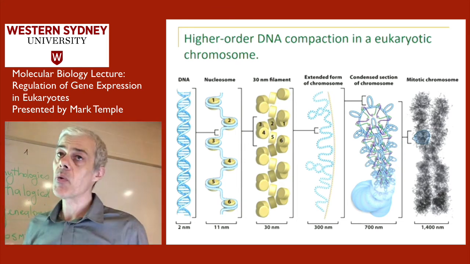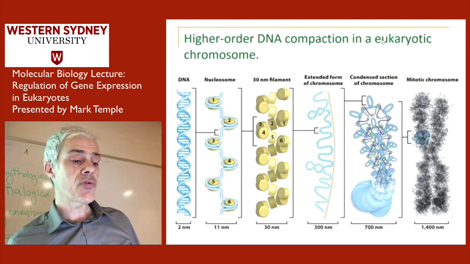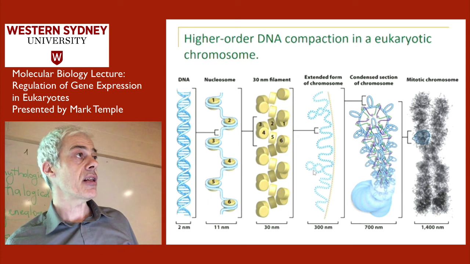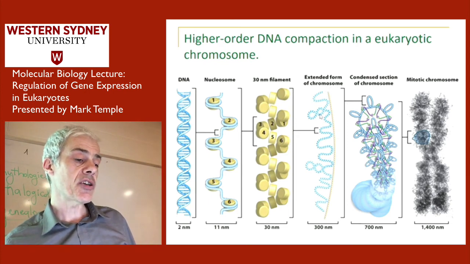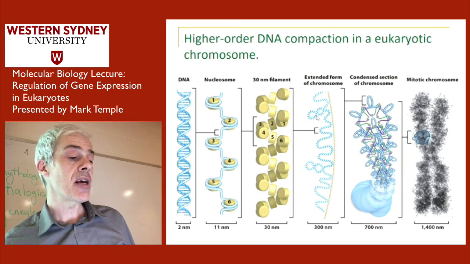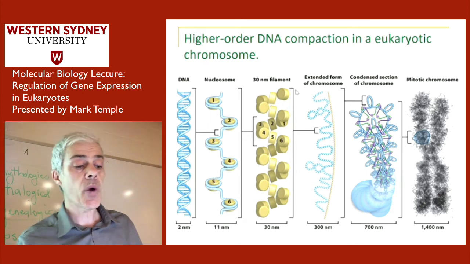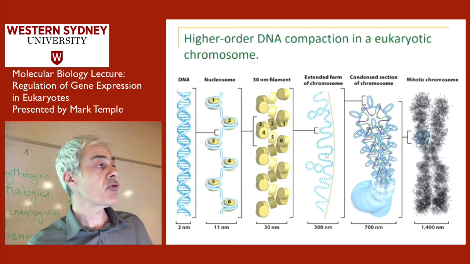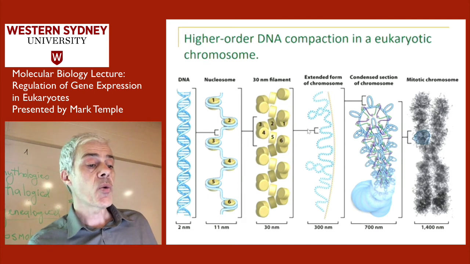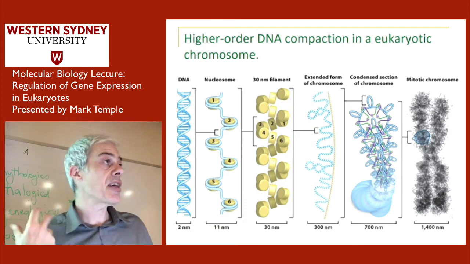Okay? So maybe one of the ways these distant regulatory regions can have an effect on the promoter is through this level of chromatin packaging that we see in these diagrams here. So for instance here, you've got this little looping structure, and there are regions of DNA that are separated by tens of thousands of base pairs that are in very close proximity between those two structures. Okay? So maybe this is one way that distant regulatory elements can come into close proximity to promoter regions of genes. Otherwise, I don't know how you visualize how a region of DNA 50,000 base pairs away can have an effect on a promoter.